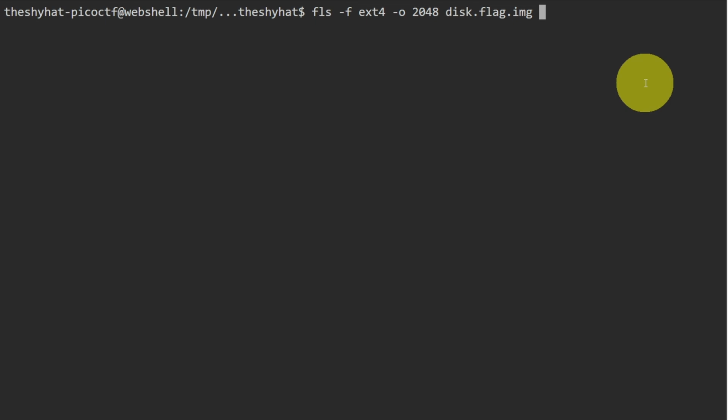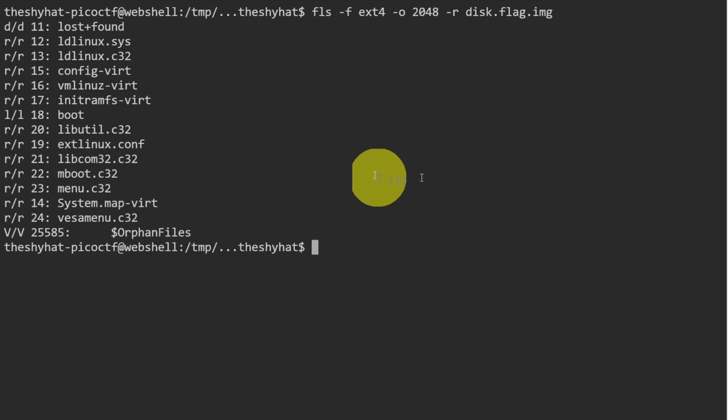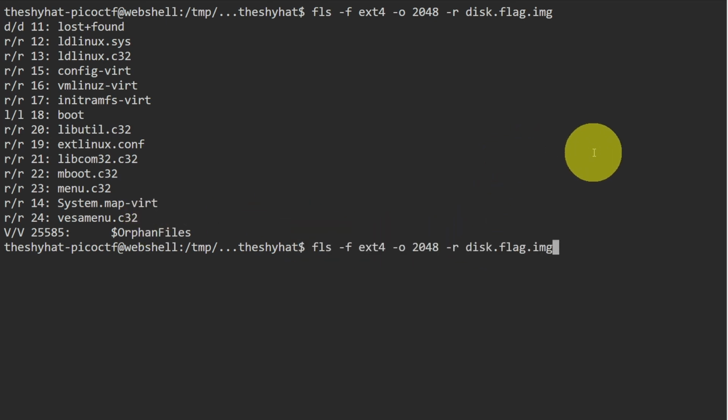Oh, one more thing that we need to do is include the -r flag, which stands for recursive, and it's going to get us all of the files that are inside of directories as well. So we see here there are not very many files in this particular partition. There are just a few files, and so there's nothing particularly interesting here. So we're going to move on to the other partition that was valid, which is the one over at the